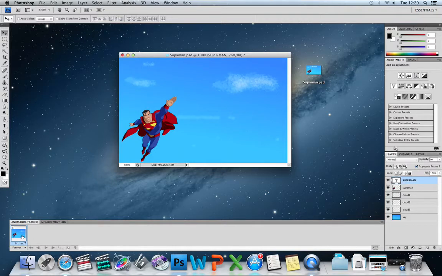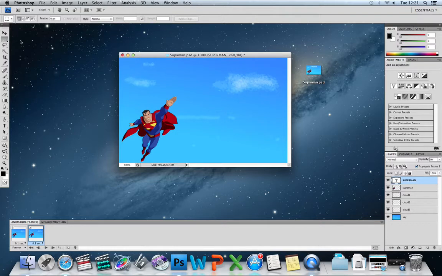Right, next thing we need to do is make a second frame in our video. At the minute we've only got one, and it lasts for 0.1 seconds. I'm going to go back down to my animation toolbar down here. And you'll see there's a little icon, and if I hold my cursor over it, it says duplicate selected frames, and that's what we want to do. We want to copy the frame we've got there, so I'm going to click that, and it's made a second frame. Click on that second frame,